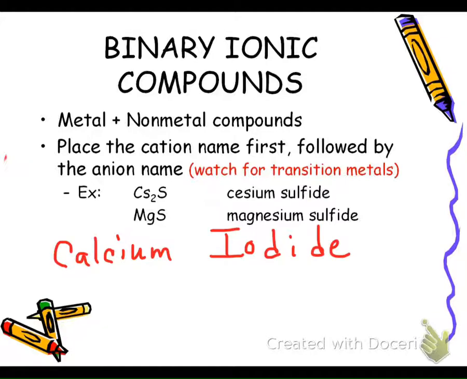Calcium iodide. Try writing the formula for that. I start with my cation. Calcium is in group 2, symbol Ca. It has a +2 charge. Iodide, the IDE ending tells me it's a nonmetal. I look on the nonmetal side of the